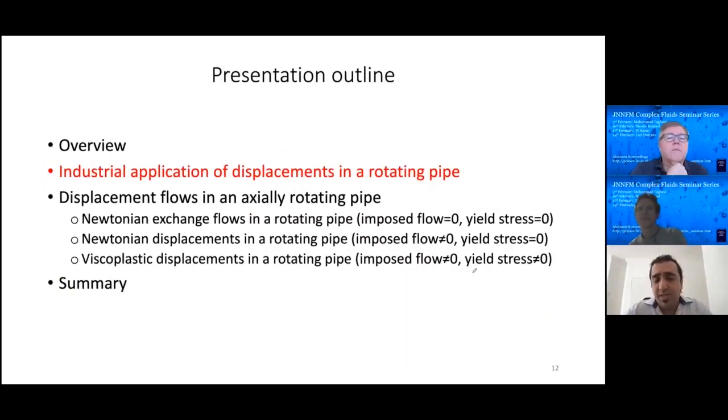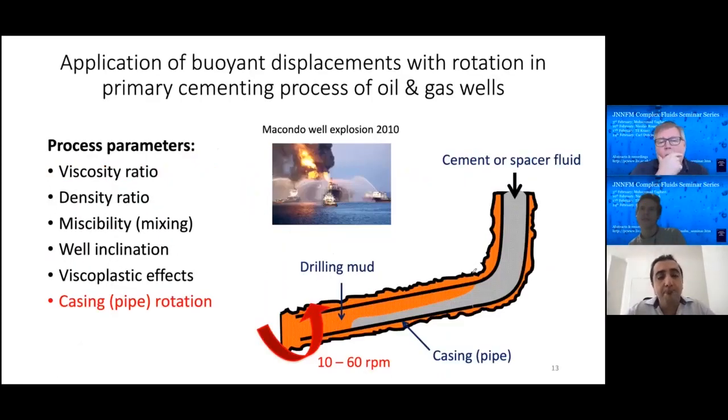So with that, let's move on to the main topic of our work, starting with the industrial application of buoyant displacement flows in a rotating pipe. Buoyant displacement flows occur in, for example, one particular example is the primary cementing of oil and gas wells, in which a drilling mud must be removed from the casing of the geometry. Basically, this is a pipe, and the drilling mud must be removed from this pipe by pumping a sequence of